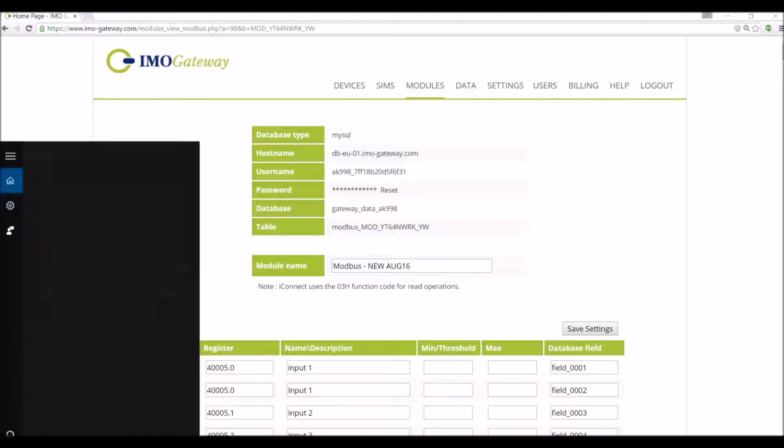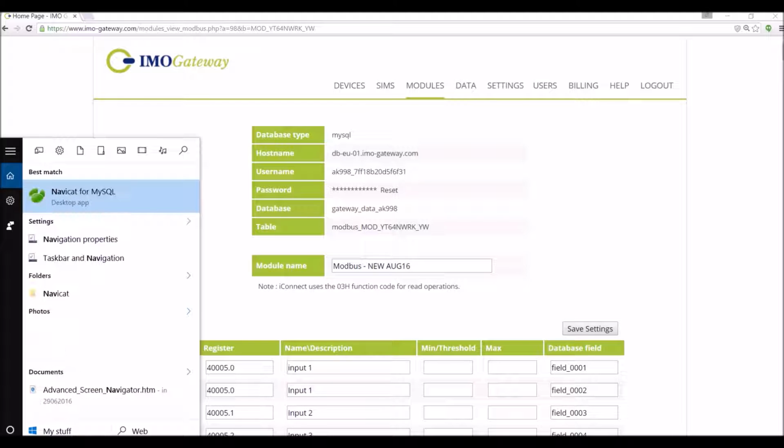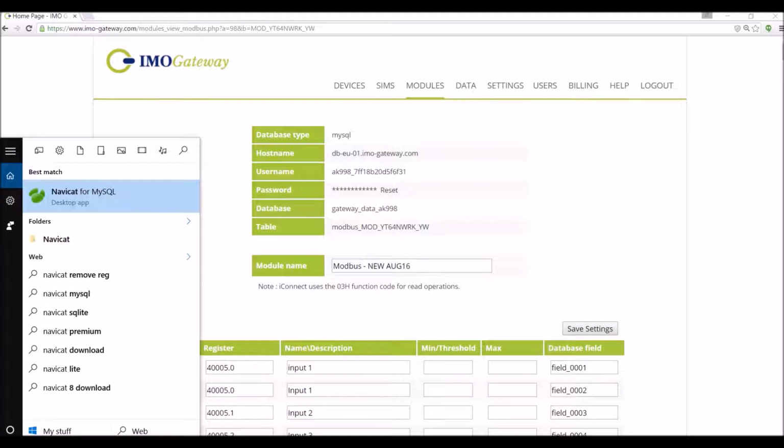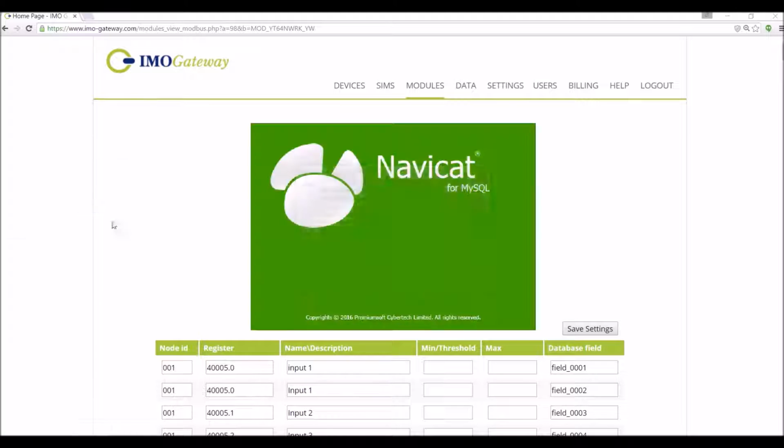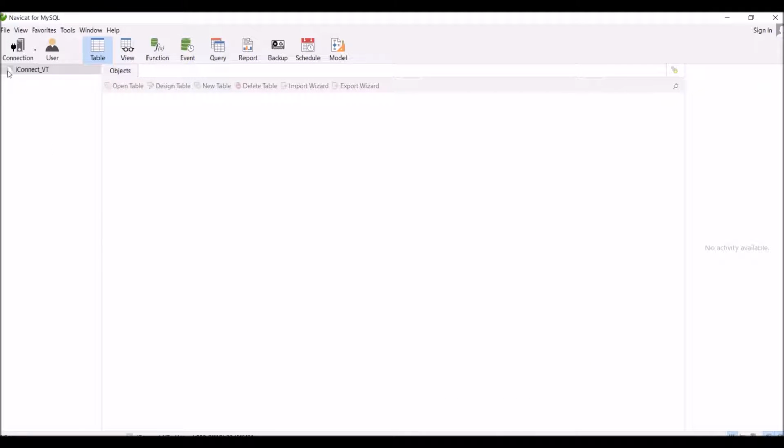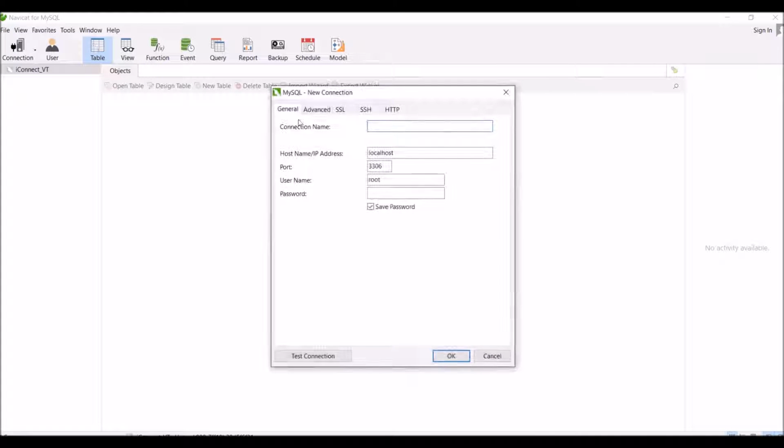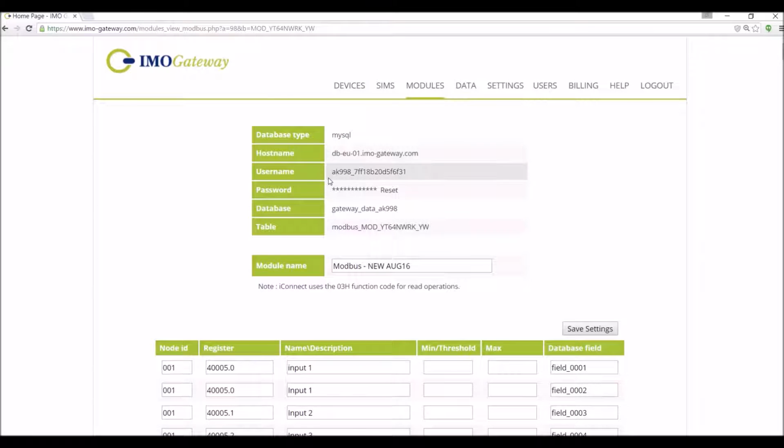So I'm going to use the Navicat tool, Navicat for MySQL. It's a trial version which I'm using. So here you can see the file, new connection, MySQL. You can give a connection name to it, any name, and there is a host name, and you will be able to get the host name by copying this one, and the username